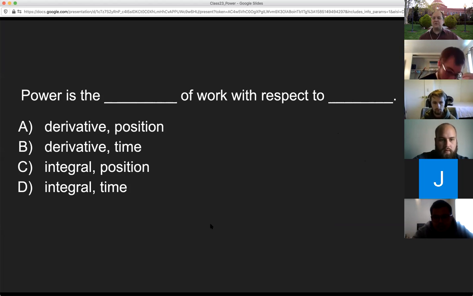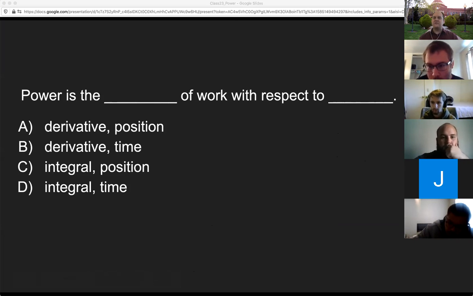So here's your not really a clicker question, but we'll call it a clicker question for the day. We have a polling feature here on Zoom, and I am just going to make a quick thing here.